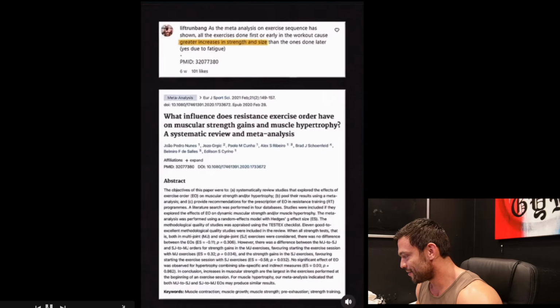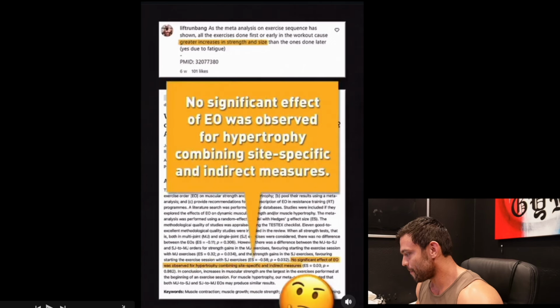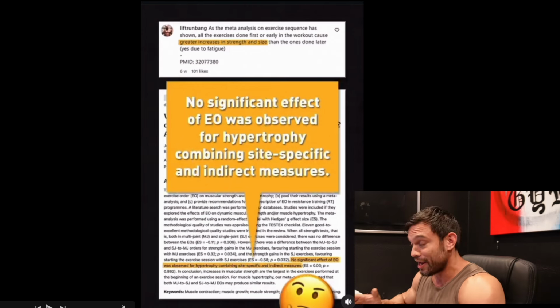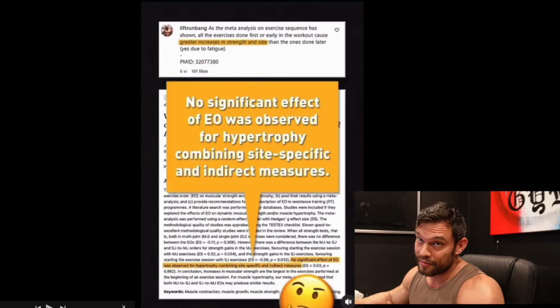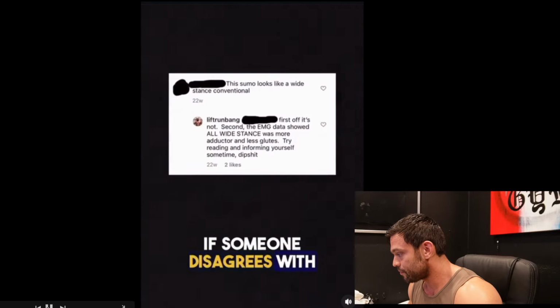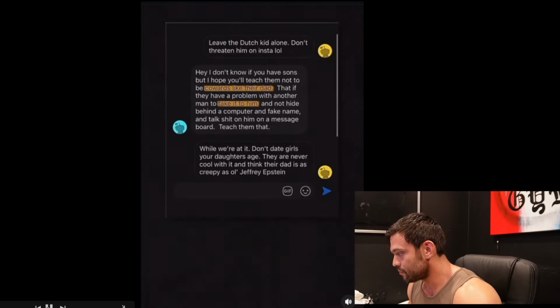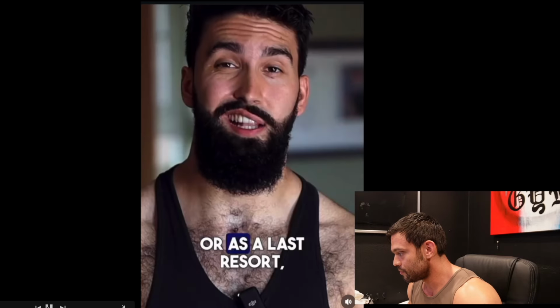Step 3, make extreme claims, selectively citing research to support said extreme claims. Step 4, if someone disagrees with you or asks you a question, block them. Threaten them in DMs, call them a fat cunt, or as a last resort,